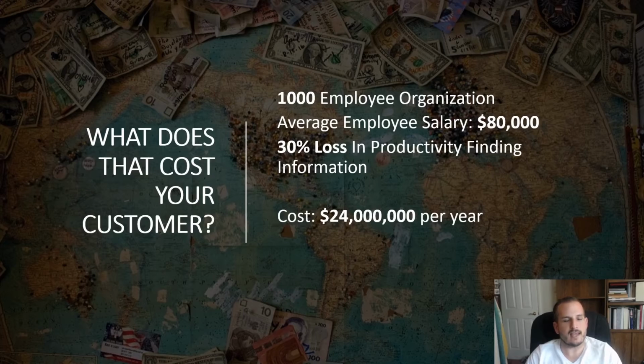So if we put tangible numbers around that statistic from IDC, let's say you have a customer with 1,000 employees, and this is something you can definitely share with your customer, and their average employee salary is around $80,000, and we have a 30% loss in productivity. By doing a little bit of math, this is around a $24 million cost per year of unproductive employees just